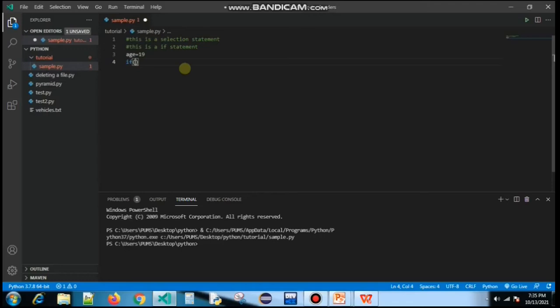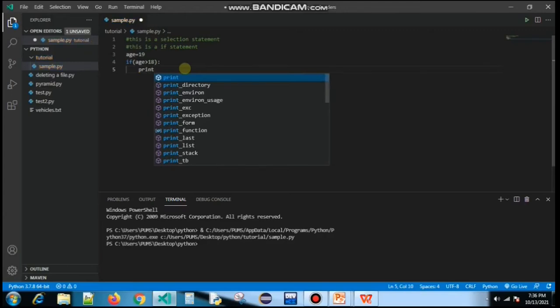Now our condition in this case is the variable should be greater than 18. So if age is greater than 18 and use your colon, and all we have to do is print